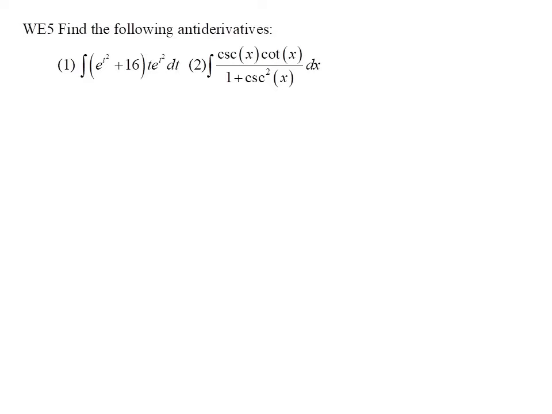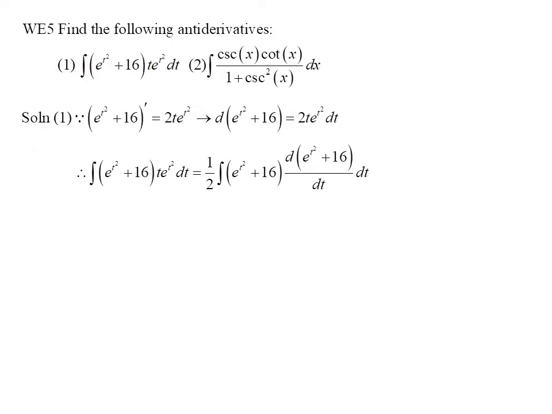Here, example 5 is to find two antiderivatives. As for the first one, since the differentiation of e to the t squared plus 16 equals 2t times e to the t squared plus 16, d e to the t squared plus 16 equals 2t times e to the t squared plus 16 dt. So the antiderivative is written as 1/2 times the integral of (e to the t squared plus 16) d (e to the t squared plus 16) by dt,